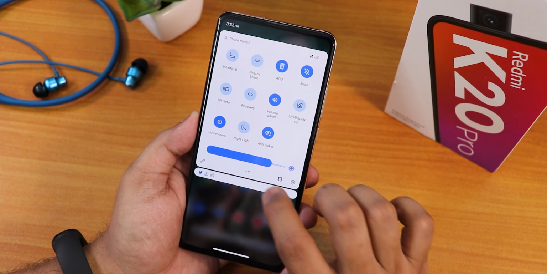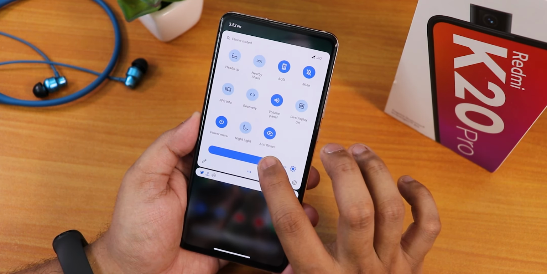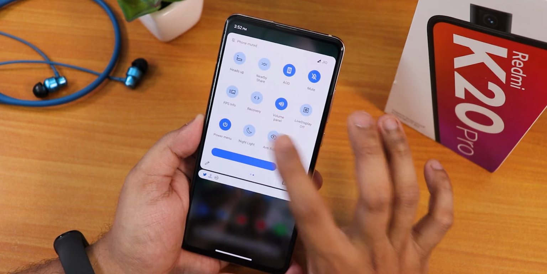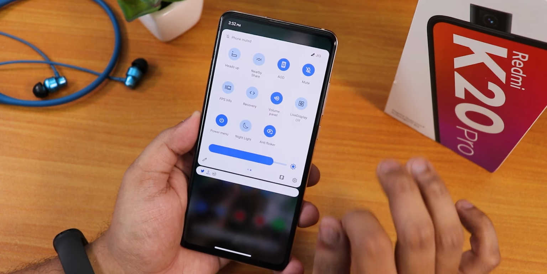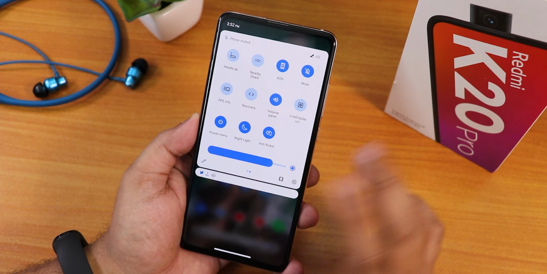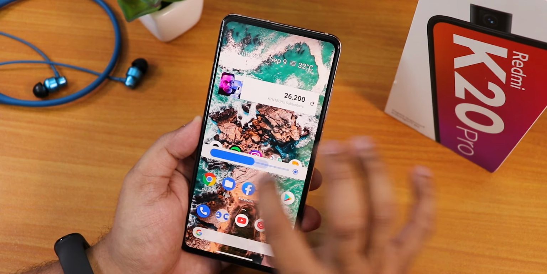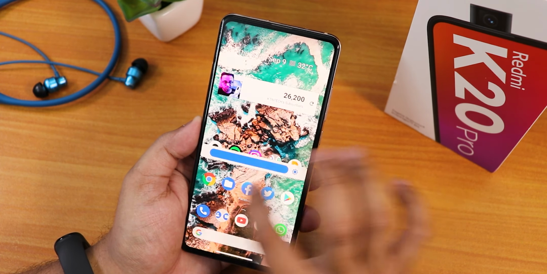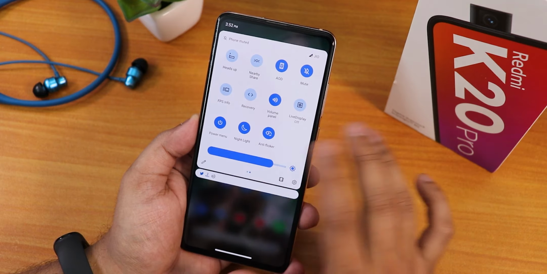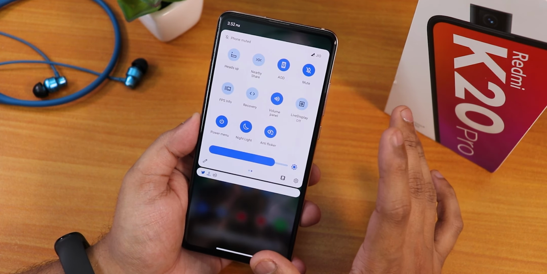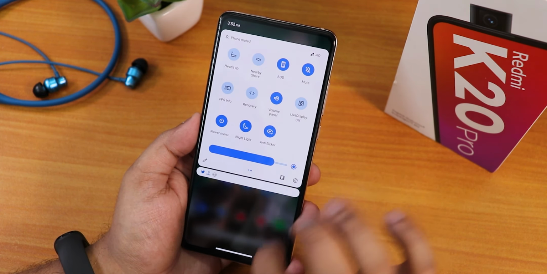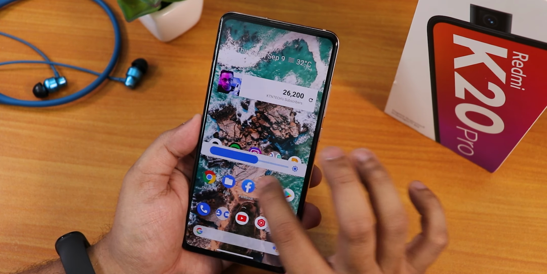And we have the power menu option, then we have the night light, and the anti-flicker or the de-streaming mode is there, and it does work super fine. Now with the anti-flicker and the night light turned on at the same time, if you increase or decrease the brightness, as you can see right now the night light has been disabled. So this bug is there when the anti-flicker mode is turned on, but yeah, you have to bear with it I guess,